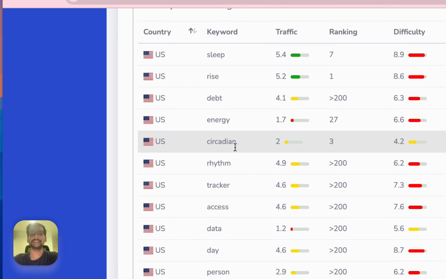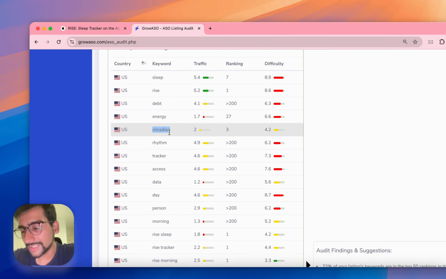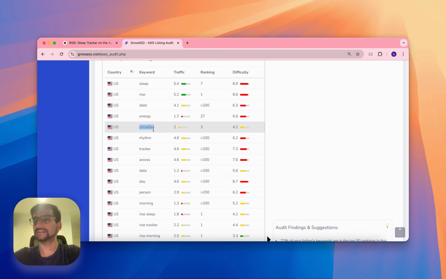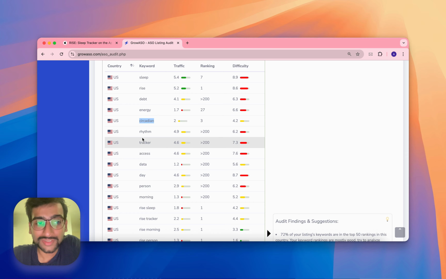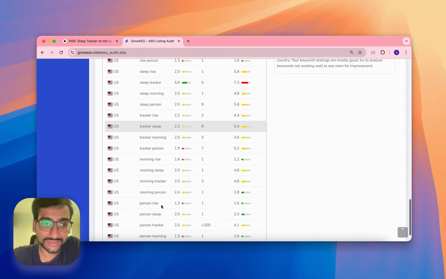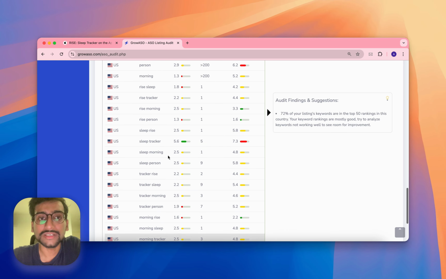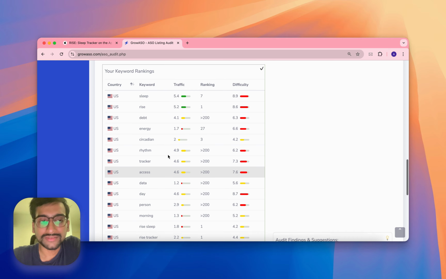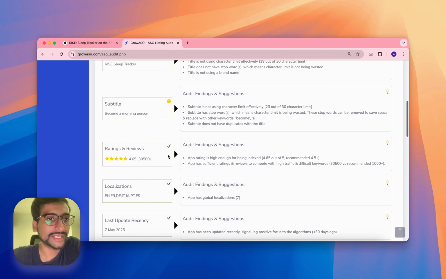The second thing is, what else? Circadian, right? This is an important keyword. Circadian rhythms are a very, very critical keyword for this particular niche, and if you are missing out on this, you're ranking number 3 for this. Circadian rhythm is not automatically here, but it's not going to be high for that also. And I can check that.